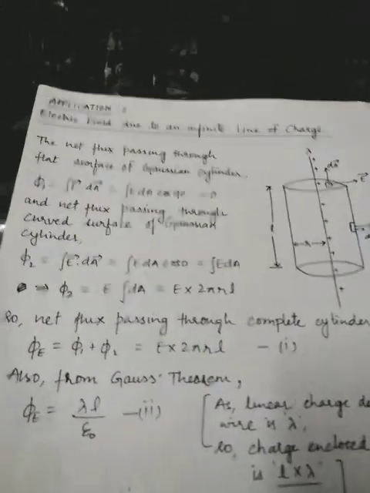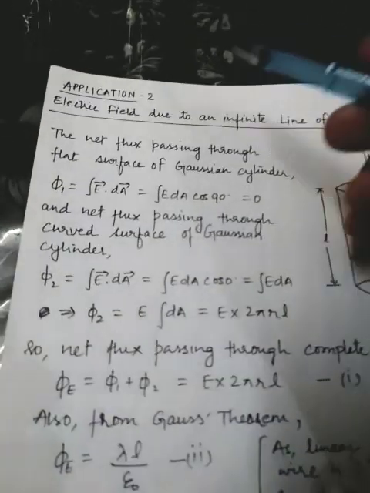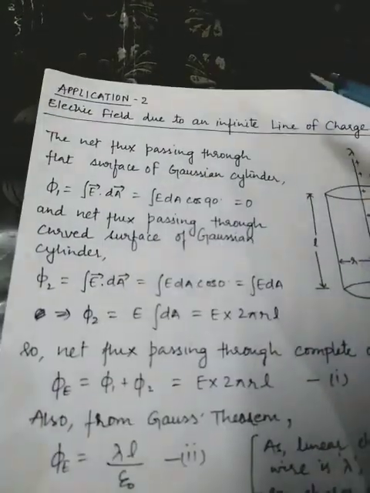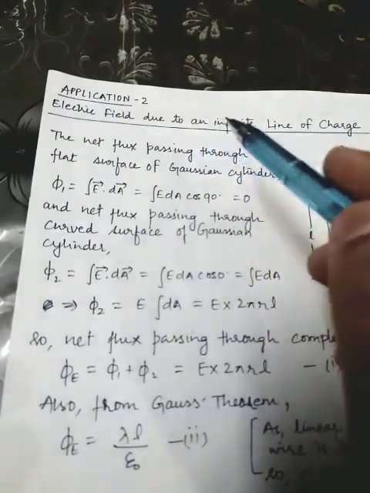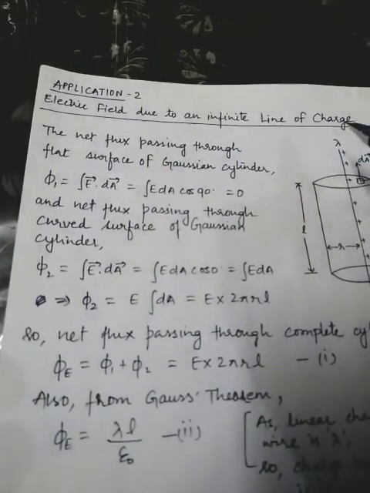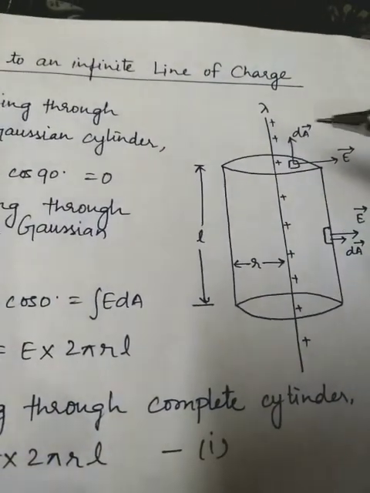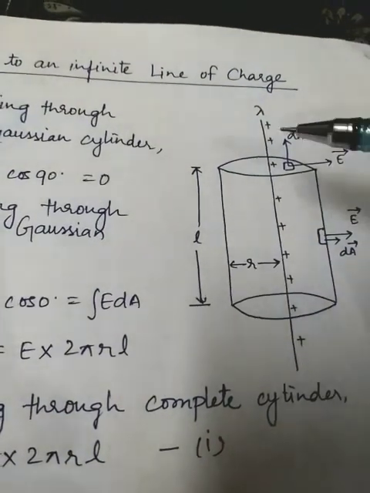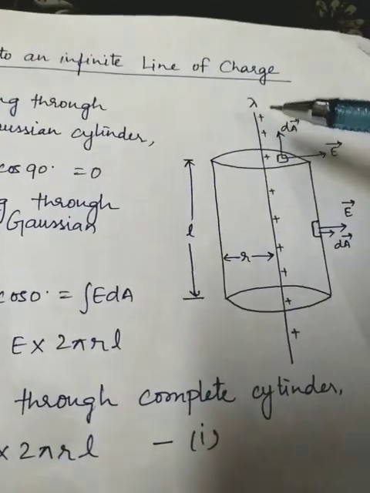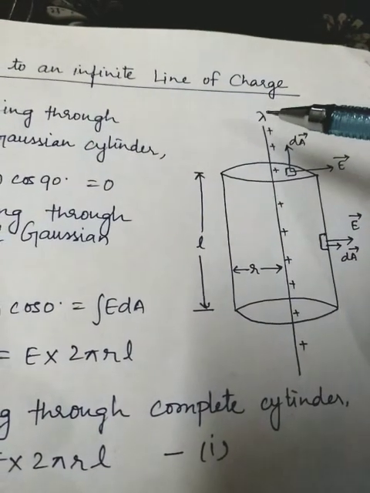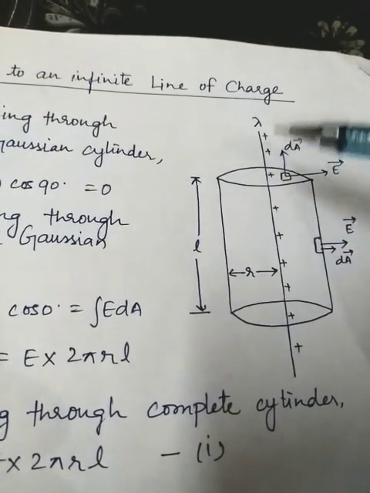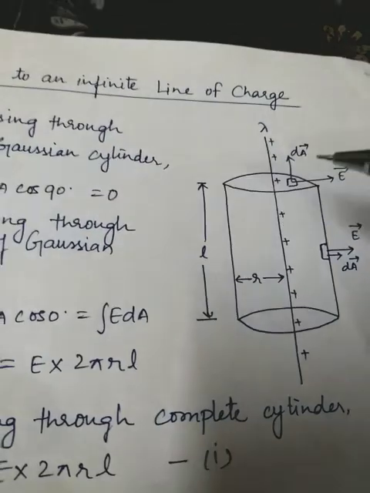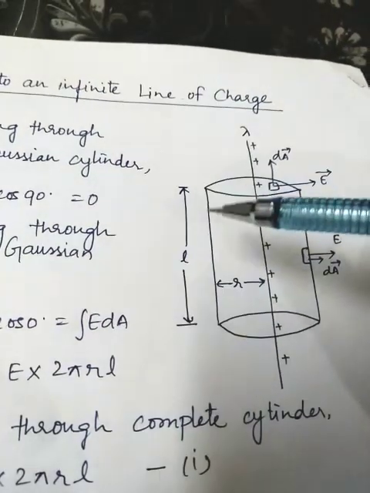Hello everyone. So we are here with our next topic, that is application number 2 of Gauss theorem, that is electric field due to an infinite line of charge. As we can see from the diagram, this is a line of charge having linear charge density lambda, means charge per unit length on this straight wire of infinite length is lambda, and we are considering a cylindrical Gaussian surface,